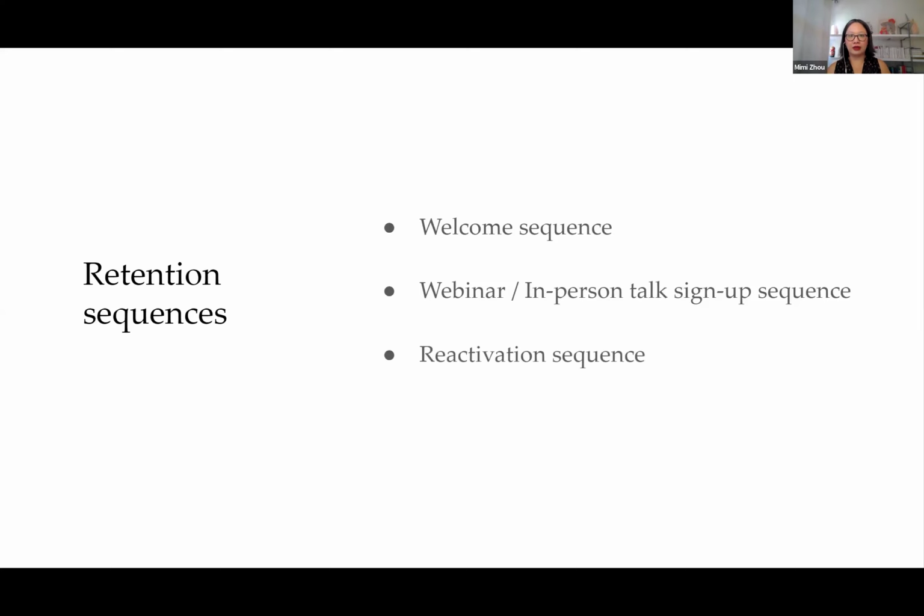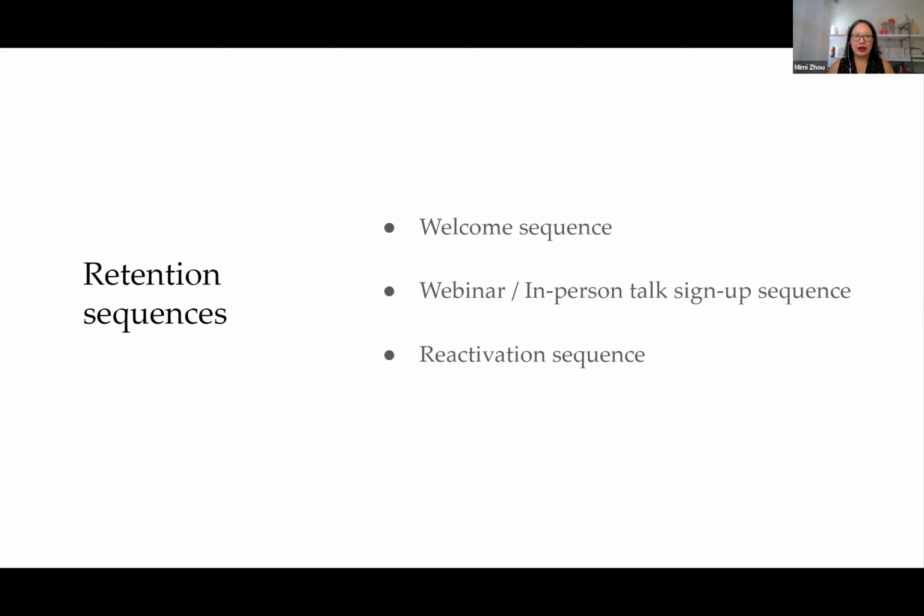That would be a little sequence targeted just to the people who are not engaging, and you could remind them why they're on your list, how you have their email, and then give them a few reasons to start opening your emails again, so that when you do promote your offers, when you are selling, they do see them. Because if you are sending emails out to your list, but people aren't opening those emails, no one is going to be able to see your offer and purchase it.